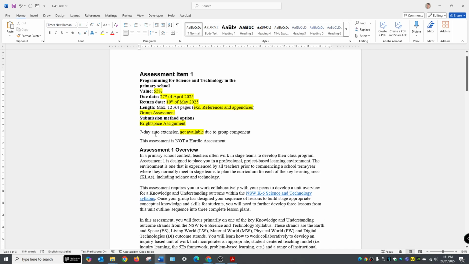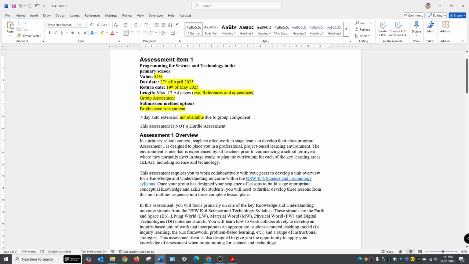So let's go through the general overview of assessment 1. This assessment task is designed to simulate teachers working in stage teams. So that's where the group component of this comes into it, and it's putting you in a professional project-based learning environment. So in groups of 4, ideally, 4 of your